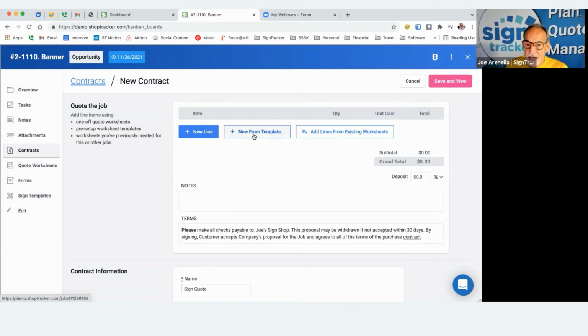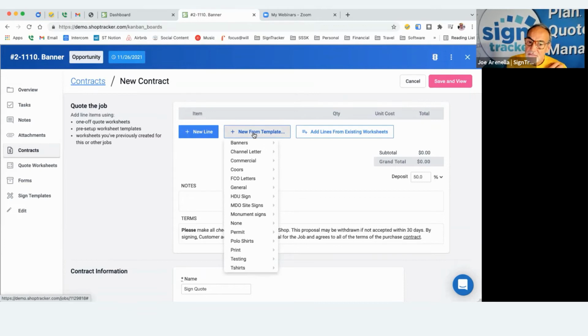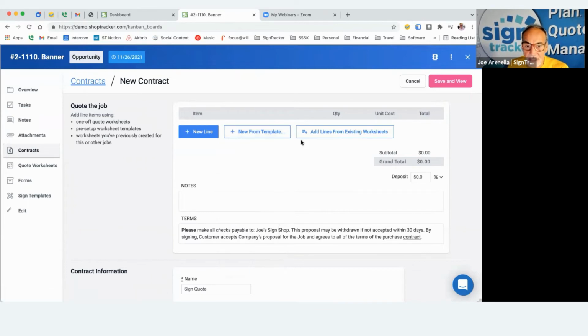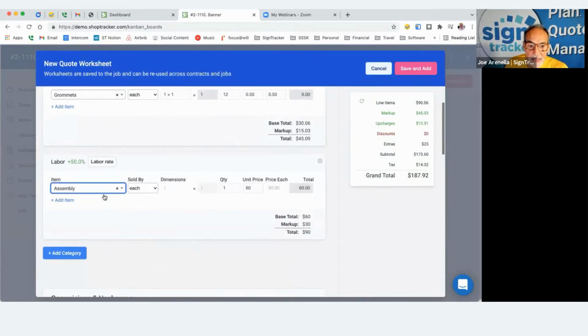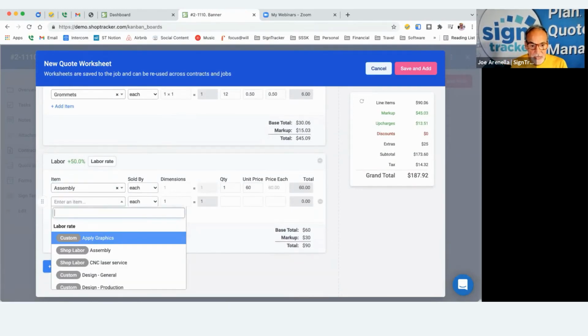But if you're making it yourself, this is where you want to build these product templates out. You can build templates for anything: banners, channel letters, flat cutouts, whatever. And then you have these product templates that make it really easy. So I can say, okay, I know I'm quoting a 4x8 banner. I select that template. It's already built out, and maybe you want to add a little bit of design time,